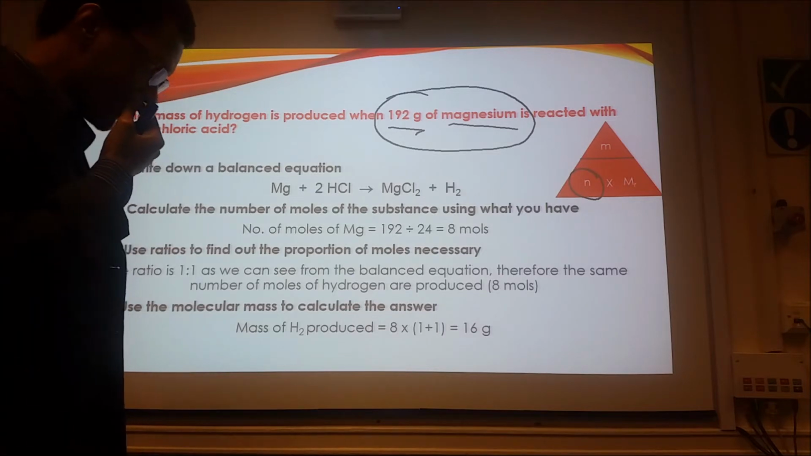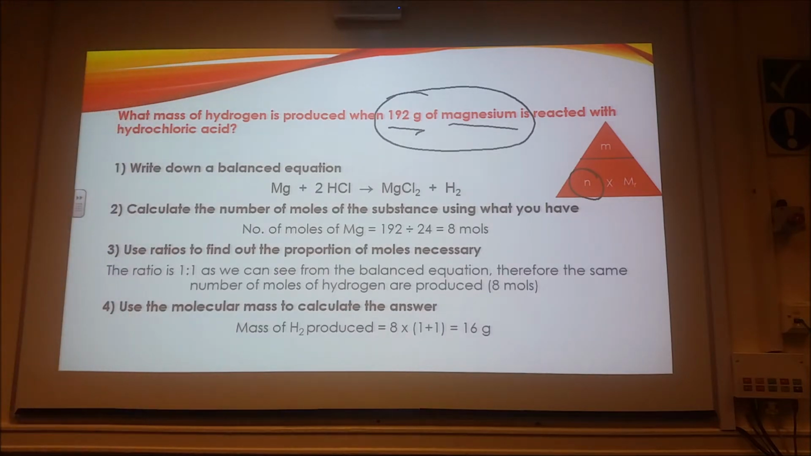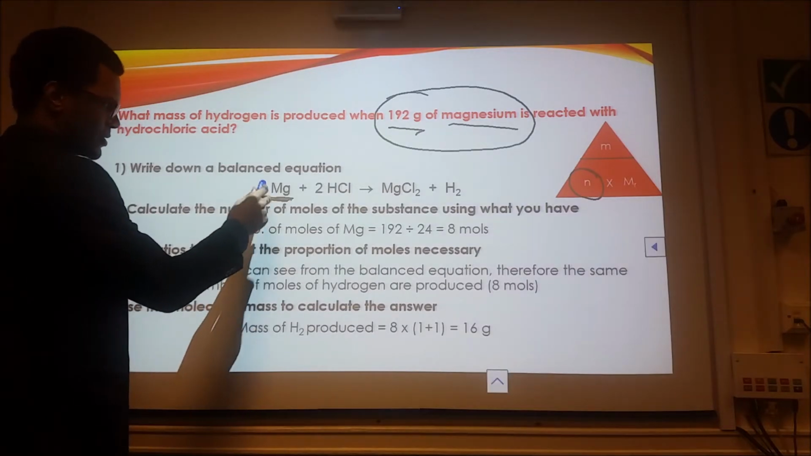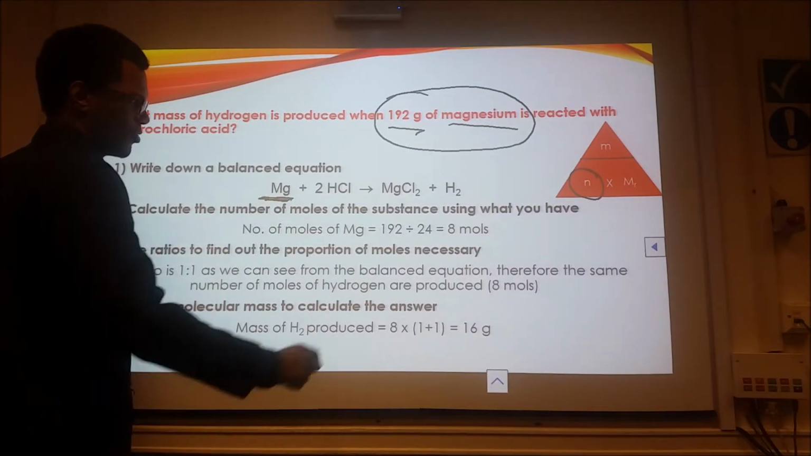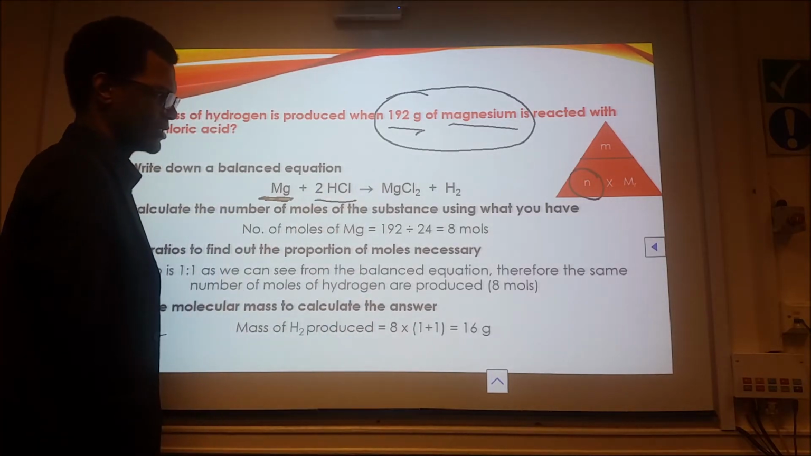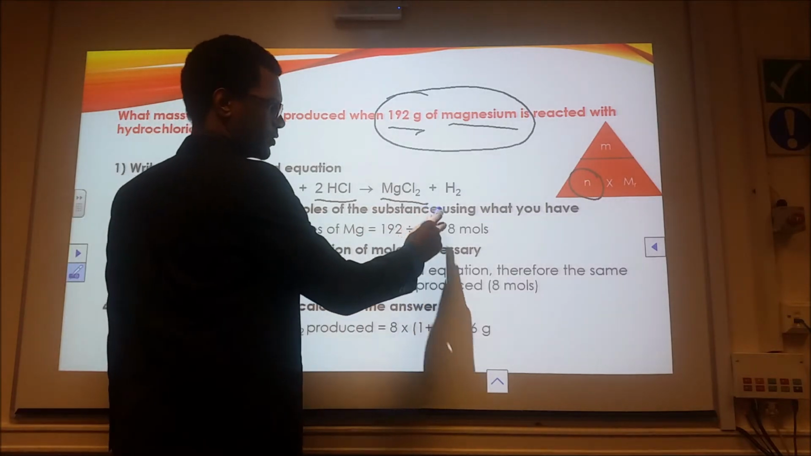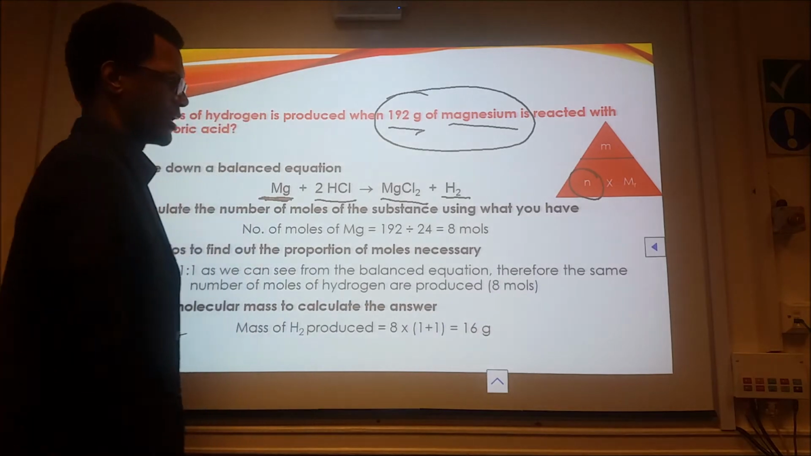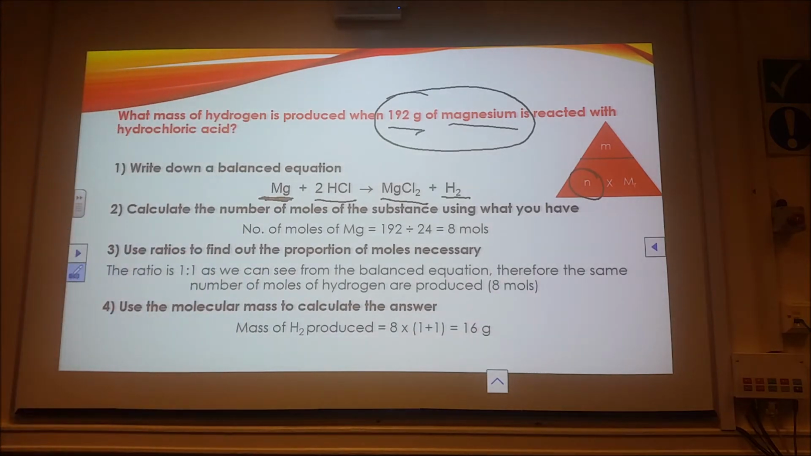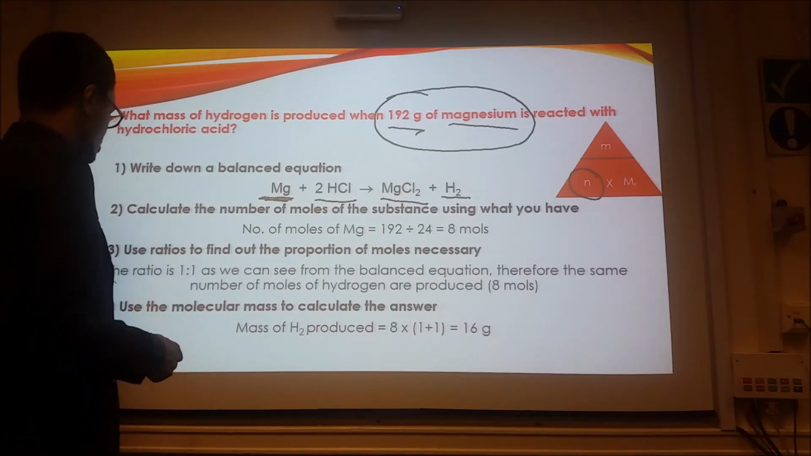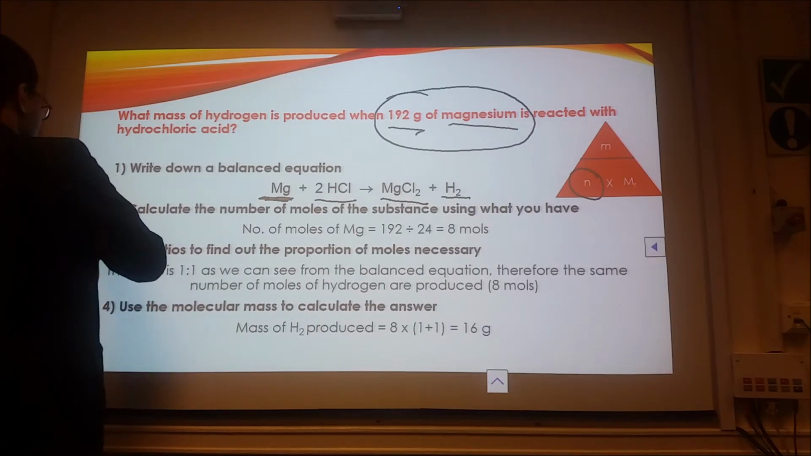So let's have a look at what this is actually talking about. Looking at this, if we can imagine these are molecules, one atom of magnesium reacting with 2 molecules of hydrochloric acid will give us 1 molecule of magnesium chloride and 1 molecule of hydrogen. So, in terms of looking at what the equation is actually saying, the equation is saying that